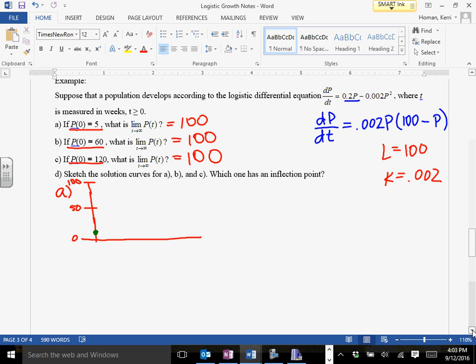then our graph will look very similar to the one that we saw on the front page, where we're concave up, we hit 50, and now we're concave down. We will always approach that carrying capacity. Okay? Now, if